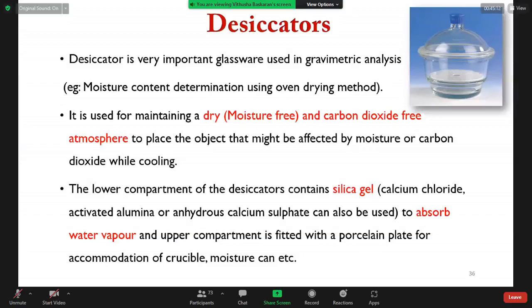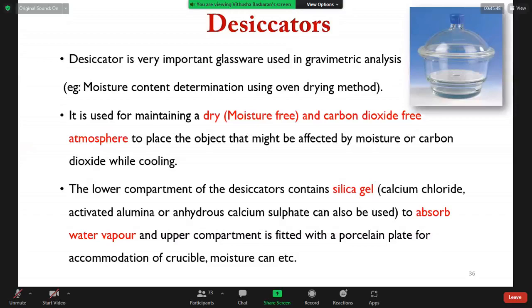And now you know this desiccator is in the airtight condition. So can you lift the lid upwards immediately? Or can you open the lid immediately upwards? Anyone? This desiccator is now in an airtight condition. So can you open the lid immediately upwards? Can't, ma'am. Can't. Because as this is in an airtight condition,